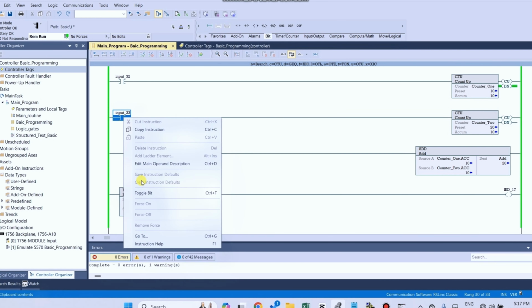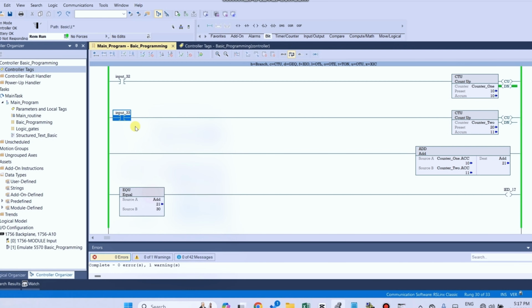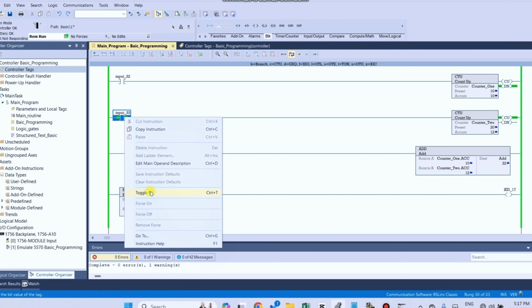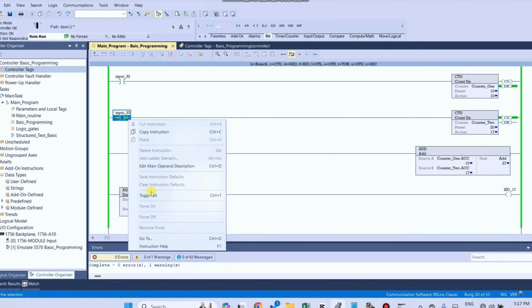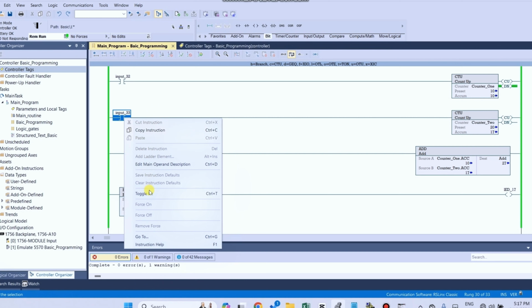The value continues adding: 12, 13, 14, 15, 16, 17.